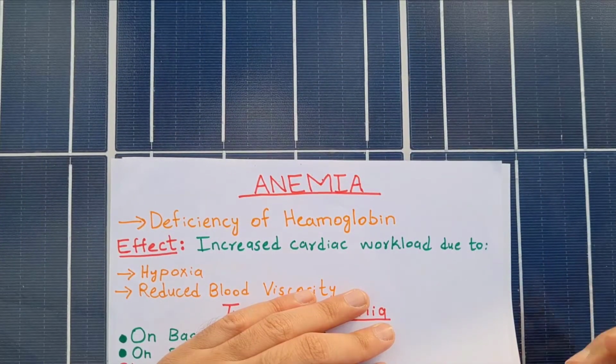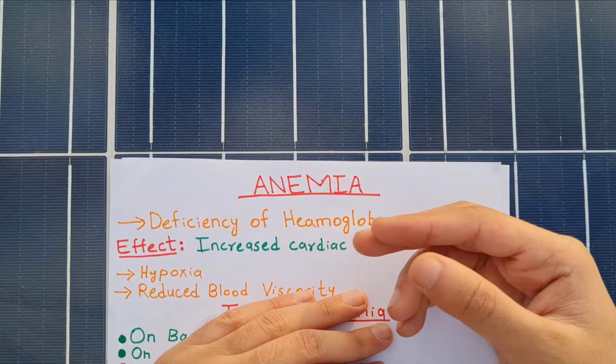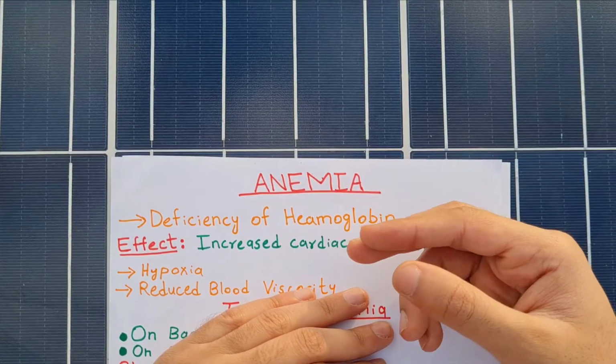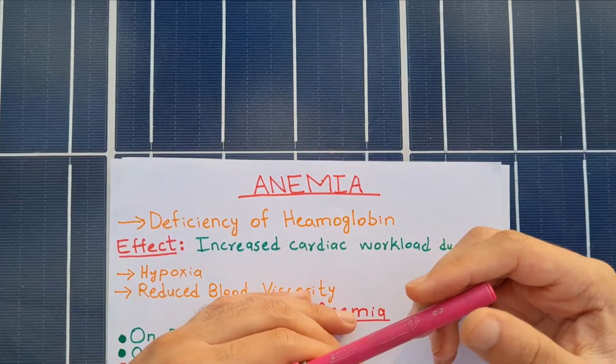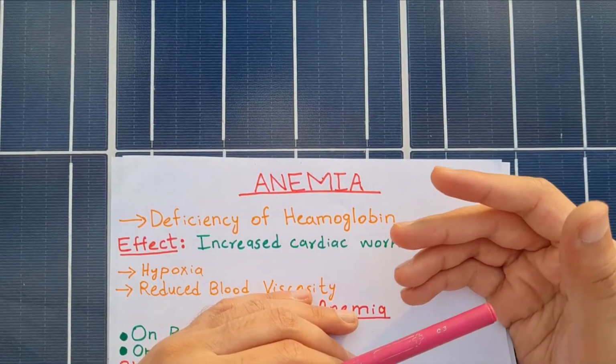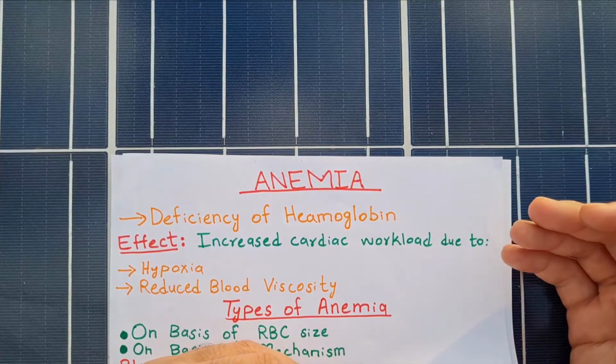Hi guys. So today the topic of our discussion is anemia. Anemia, as we know, is a very important clinical condition, and it is also very important from exams point of view as well. So today we will discuss the basic definition of anemia, different types of anemia, as well as the causes of different types of anemia.